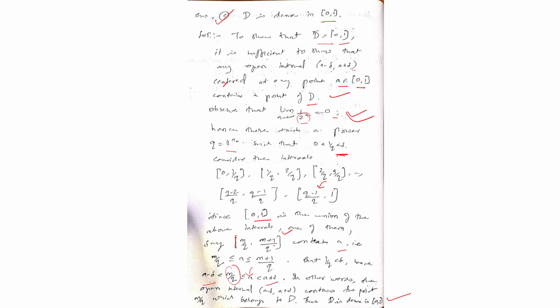ये कहाँ से मैम हो गया ये m by q? जो है वो ये देखो, a हमने माइनस क्लोज डेल्टा? इंटरवल्स किस फॉर्म में लिए हैं, 0 comma 1 बाई q। ठीक है, फिर अगला हमने ले लिया 1 बाई q से 2 बाई q, फिर अगला हमने ले लिया 2 बाई q से 3 बाई q। बस हम क्या कर रहे हैं, एक एक इंक्रीमेंट न्यूमरेटर में कर रहे हैं। इसी तरह से q minus 2 by q, q minus 1 by q, फिर q minus 1 by q से 1 तक का ले लिया हमने। इसमें से कोई भी एक ले लो आप इंटरवल इन जनरल m बाई q comma m plus 1 बाई q, दैट कंटेन्स a। तो कोई भी एक ले सकते हो ना आप, क्योंकि m और उसके बाद में हमने एक इंक्रीमेंट ले लिया न्यूमरेटर में।